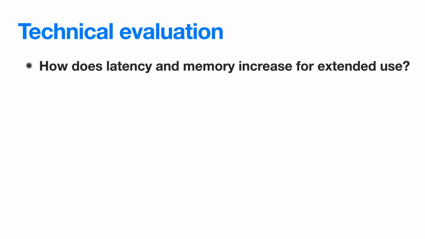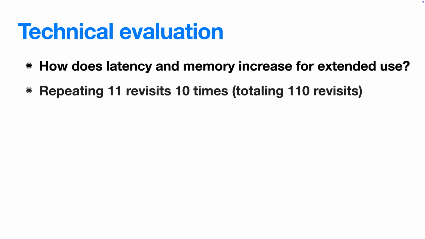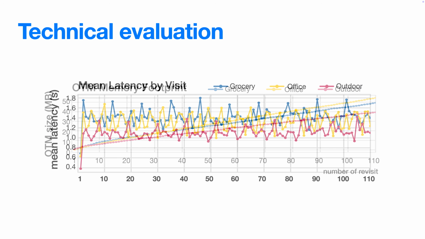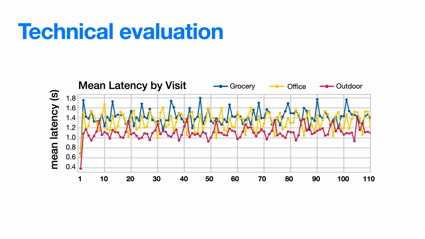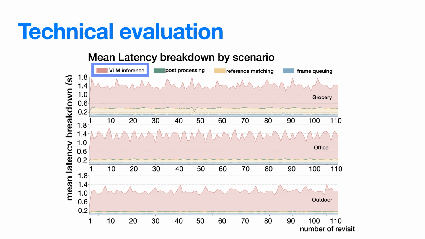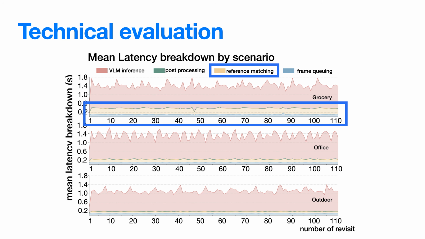We further evaluated StateScribe's scalability by examining whether latency increases with extended use and how memory usage grows. To this end, we concatenated data from 11 revisits 10 times, yielding 110 visits. Across 110 revisits, object-centric temporal memory remained lightweight, reaching only 55 megabytes. And latency did not increase with memory, as the architecture retrieves only prior visit data from episodic scene memory, discards outdated ones, and stores only essential object changes. Latency is primarily driven by VLM inference, with higher overhead from reference frame matching in grocery scenarios due to dense